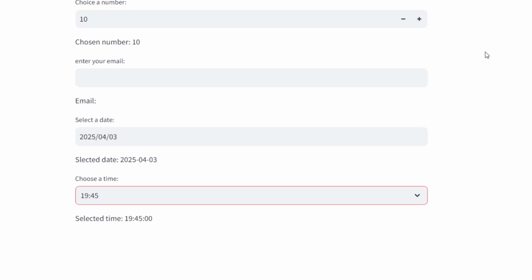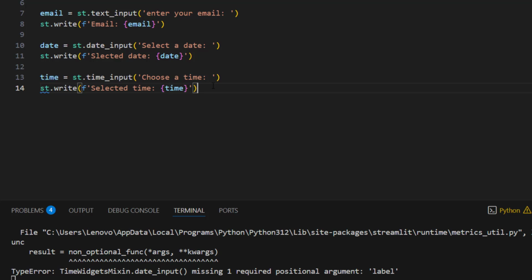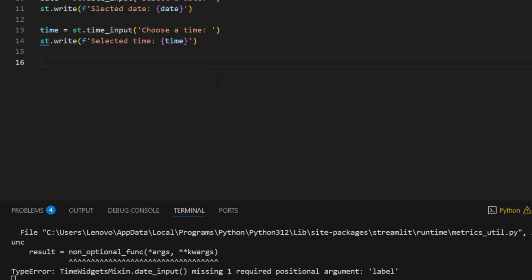Apart from this, there is another one which is really important, which is the text area. In order to work with the text area, we need to do something like this. Let's create a variable called description.